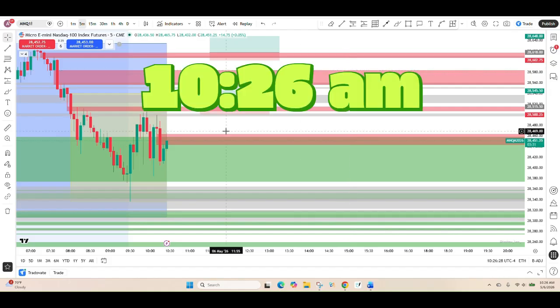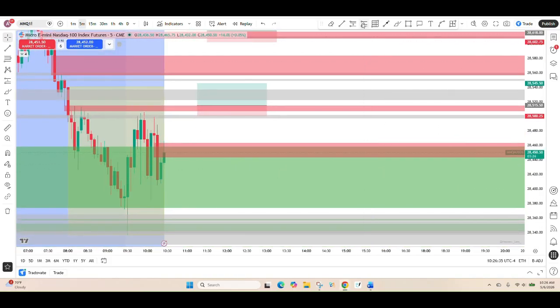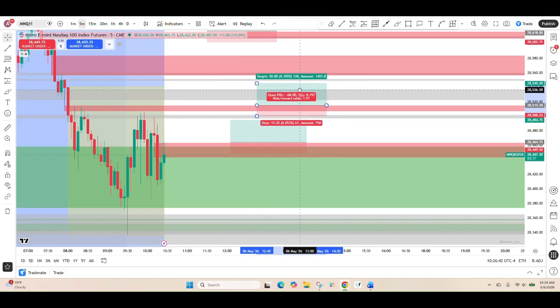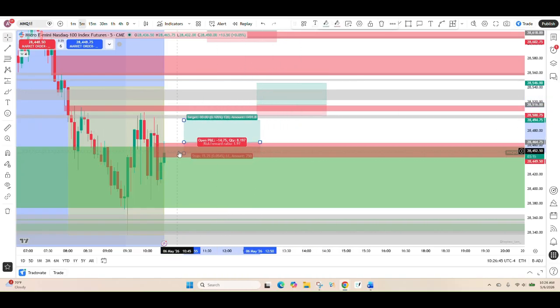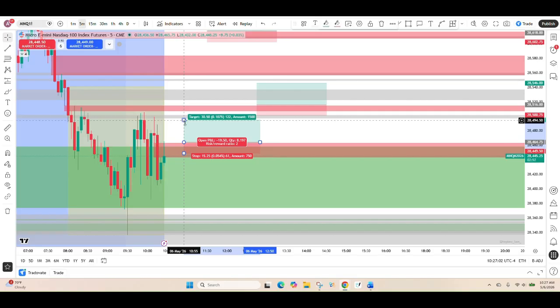Okay, it's 10:26 a.m. and a new bearish fair value gap just formed. So I'm going to check to see if there's enough room for us to potentially get an entry off of that. I guess there is. So with this new one, if this candle ends up closing and inverses this bearish fair value gap, I can get an entry. And although I usually target 30, we could go all the way up to target the next fair value gap if we want to. So I'll probably do a trailing stop loss, but I'm not sure yet.